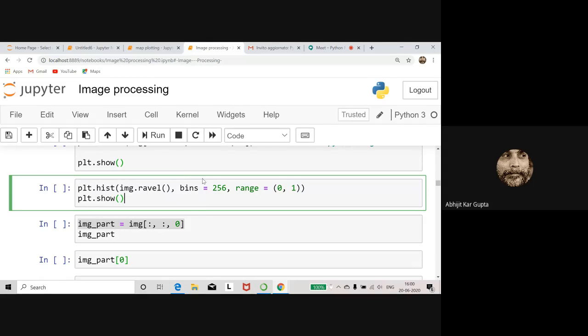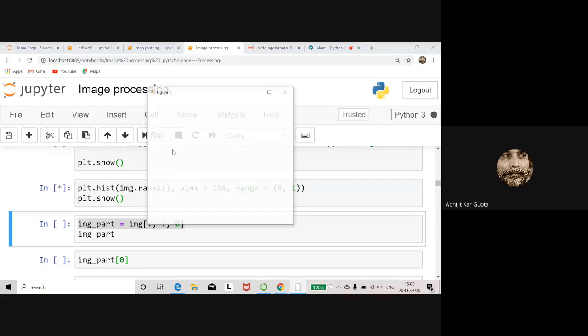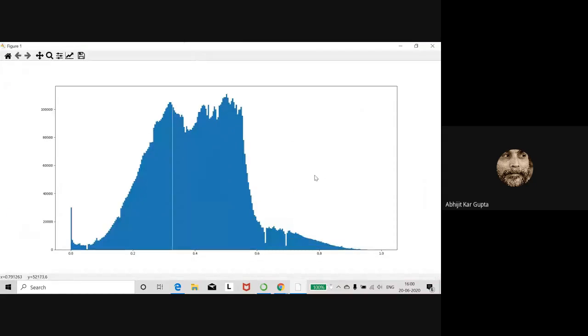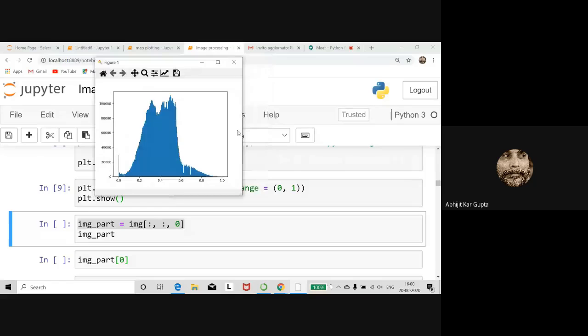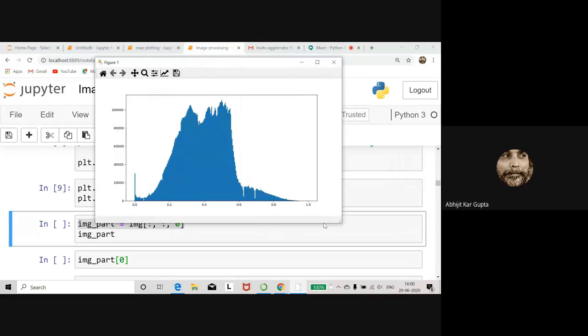So you write bins equal to 256. You can write anything, 10, 20, whatever; it doesn't matter. Then plot show. So we can now see the histogram also. And we can know which portion of the histogram we'll keep, which data we'll remove, and how we can do better.